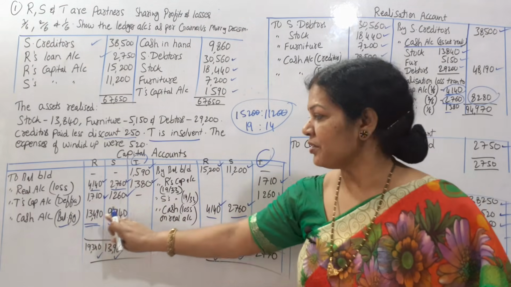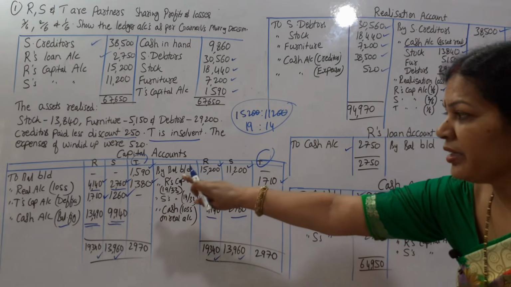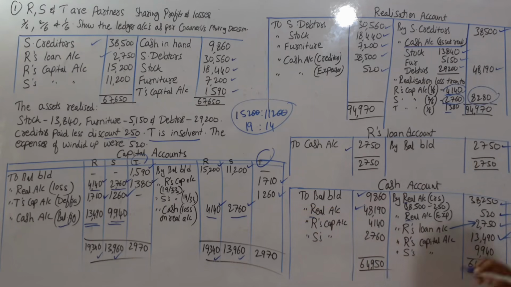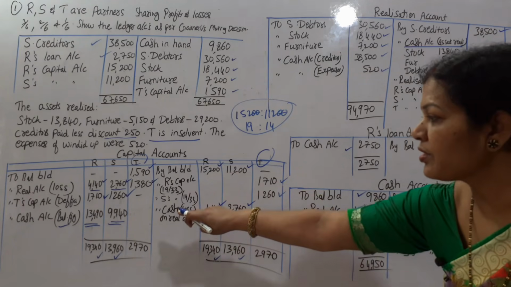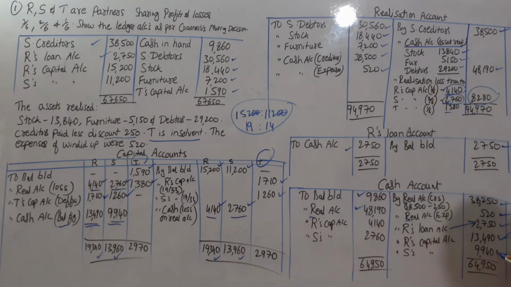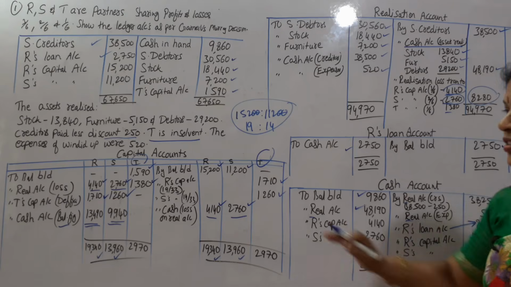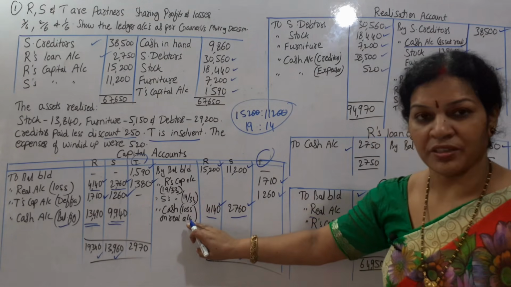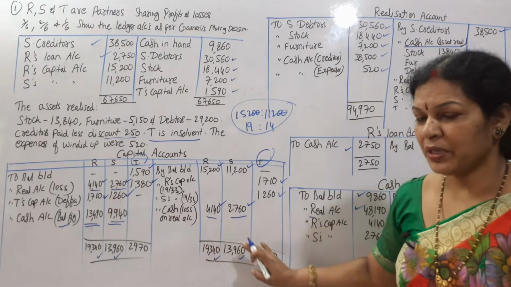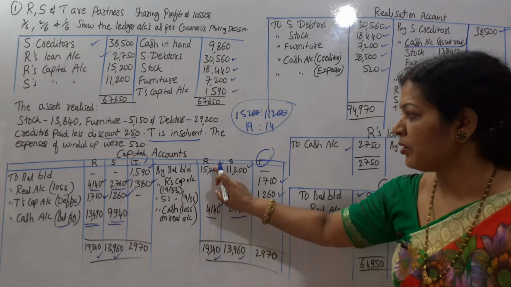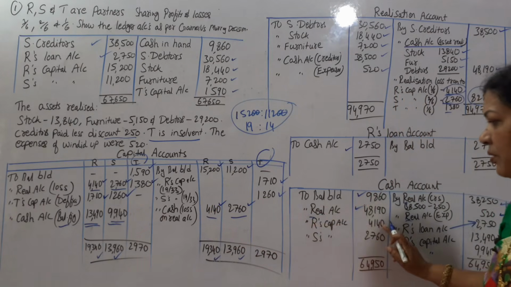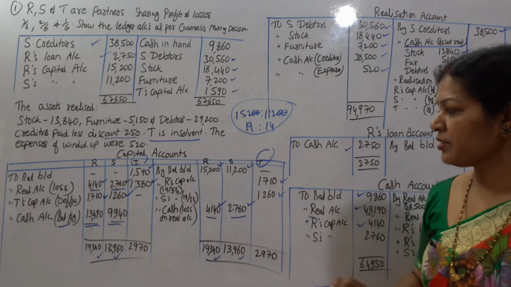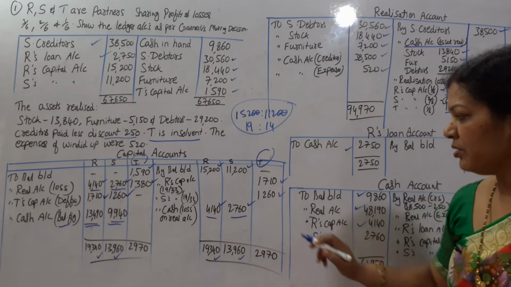Debit to credit. Credit side you are writing Ars capital account 13,490 here. And yes, capital account 9,940. Next, see credit side, where is the cash? Cash is here. Credit side means we have to write it on the debit side. Debit side, what do you write? Ars capital account 4,140. And yes, 2,760.